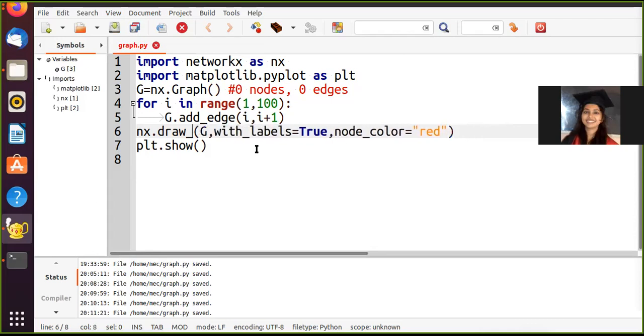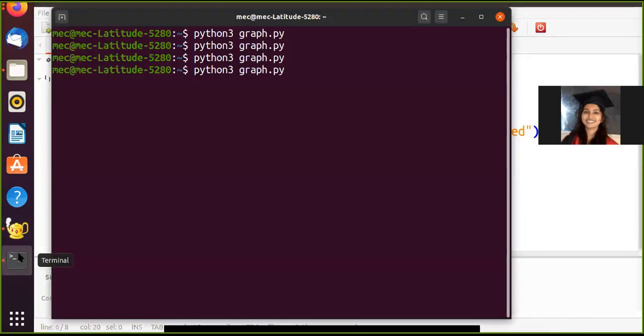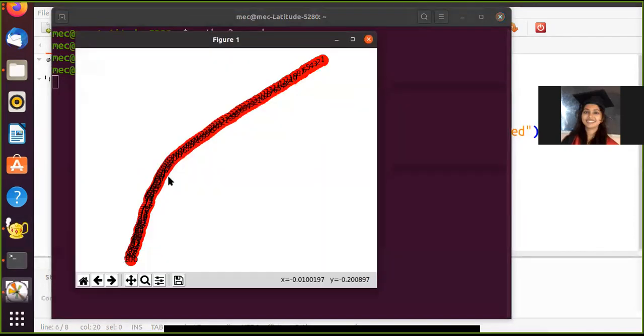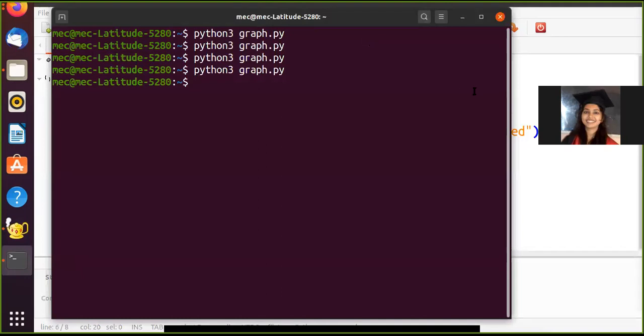There is one particular layout I am going to try here. It's Kamada-Kawai. I think Kamada and Kawai are the names of the researchers who defined this kind of layout. If I just execute it, you'll see an altogether different kind of graph here, which is trying to put it in the best possible way.